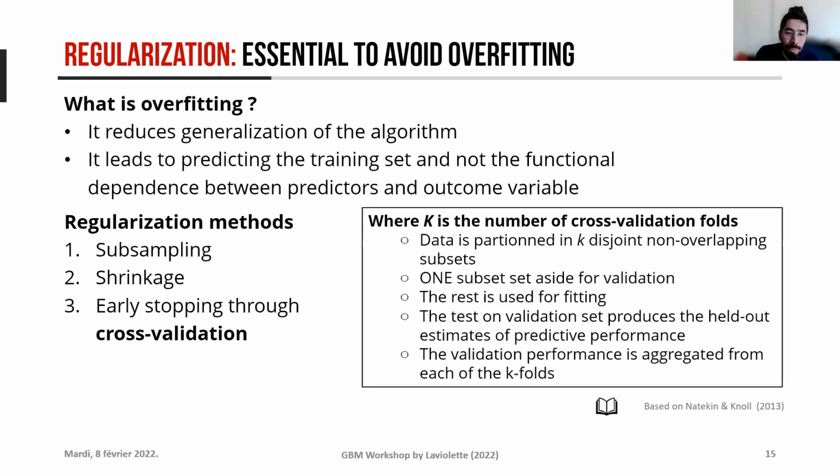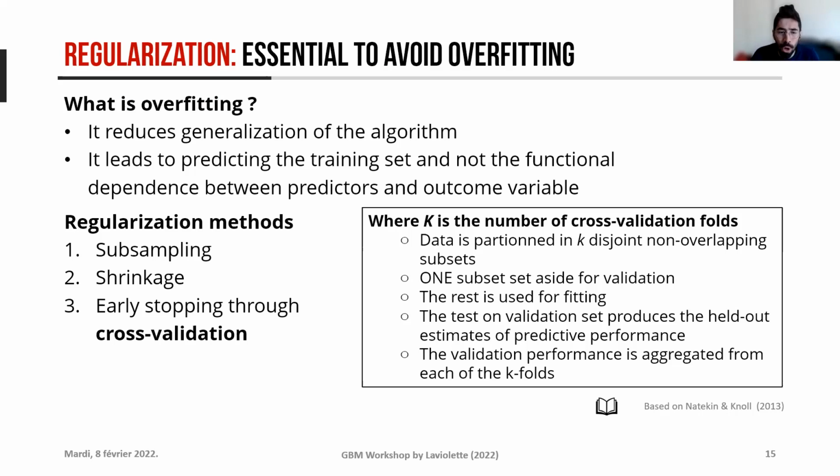And how do we test if we're overfitting? Well, this is where something called cross-validation comes in. It's a bit complex, and I'll see it again in my example. As is the case in many machine learning methods, a good way to do this is that you take, let's say, 70% of your sample for training and 30% of your sample for testing. The 30% for testing, you never use it to build your model. Among the 70% that you have for training,